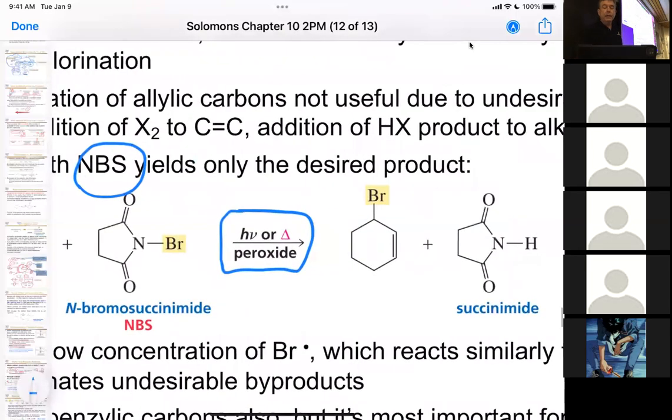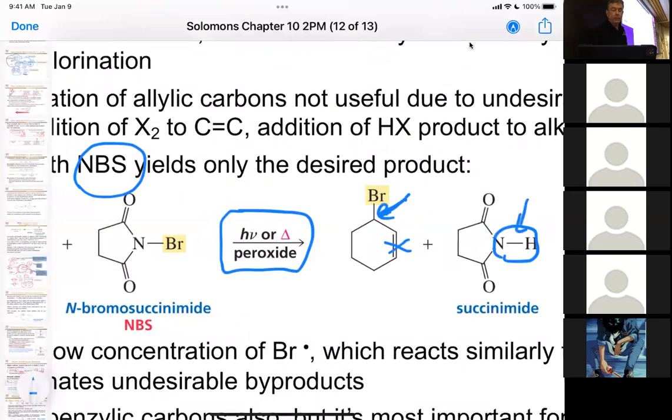Notice that it's going allylic. We are getting that allylic bromination. We are not losing our double bond. We're not getting dibromination from the bromine. Okay, and then the hydrogen that was here gets abstracted and gets put on the succinimide